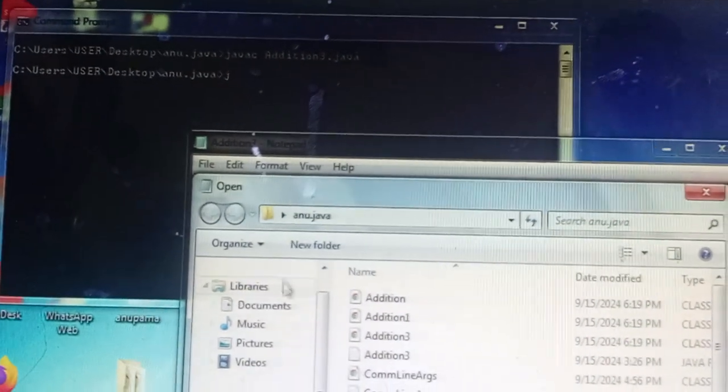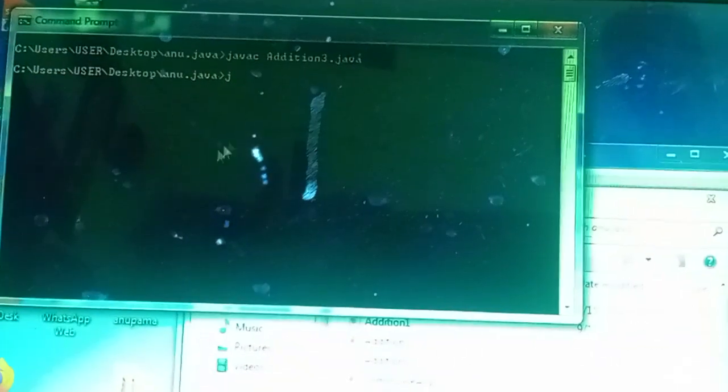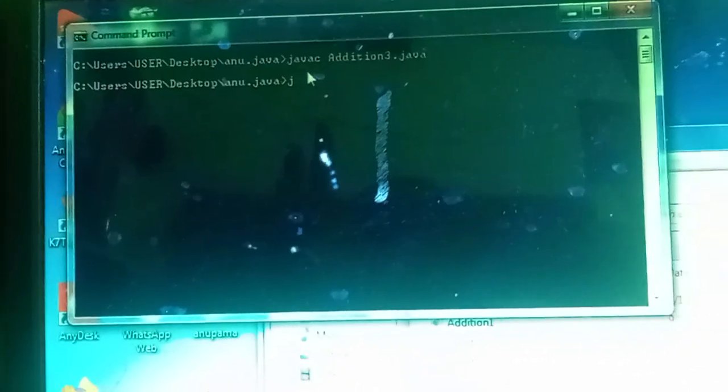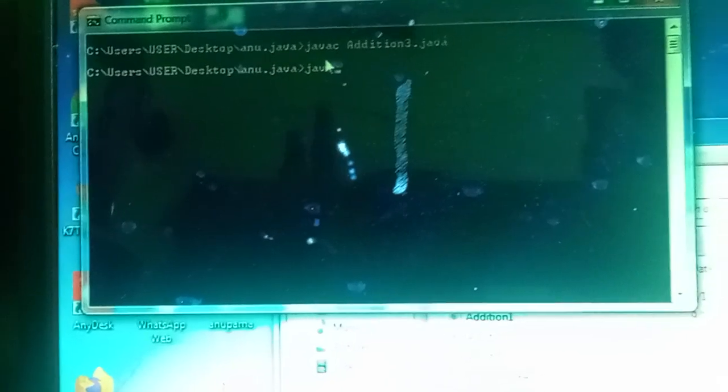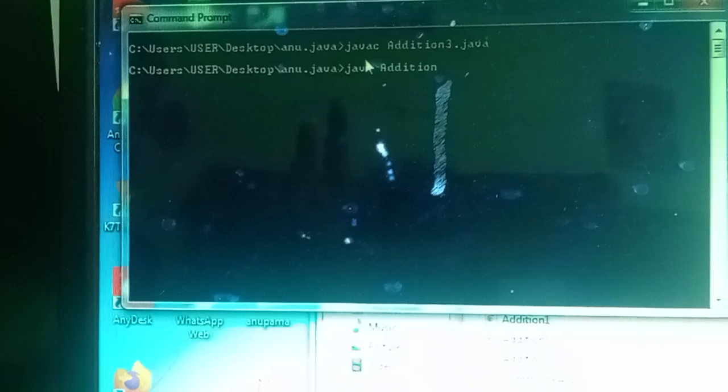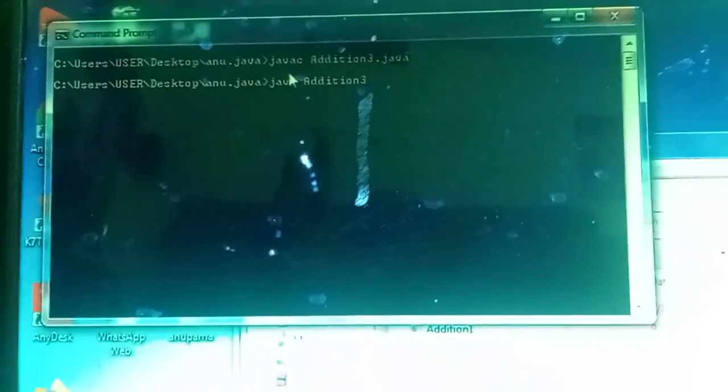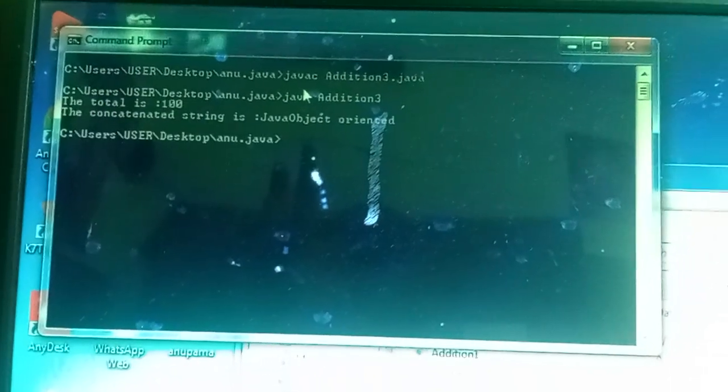Now let us execute the program: java Addition3, and press enter.